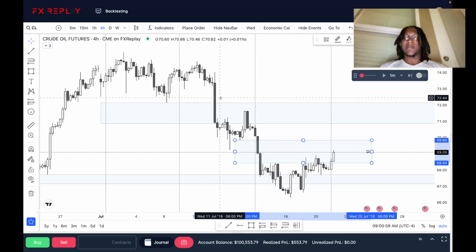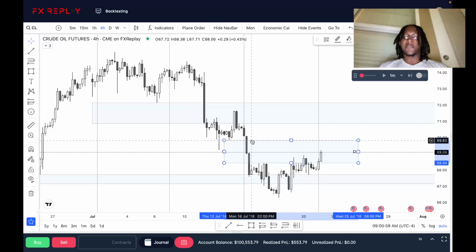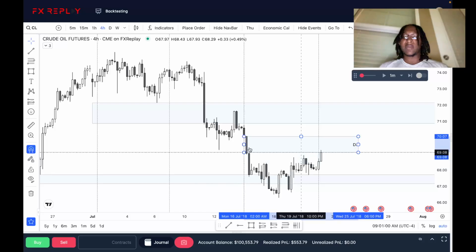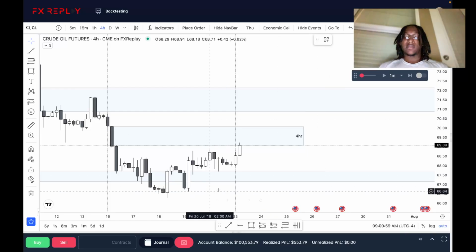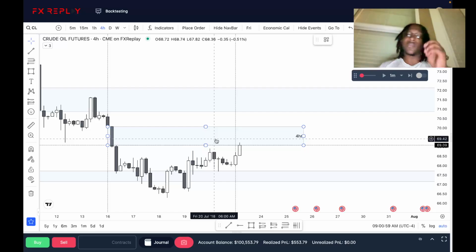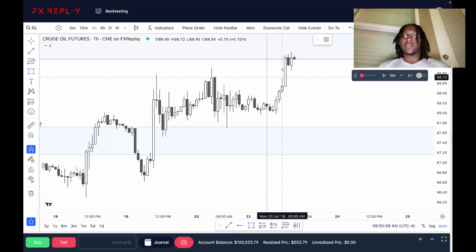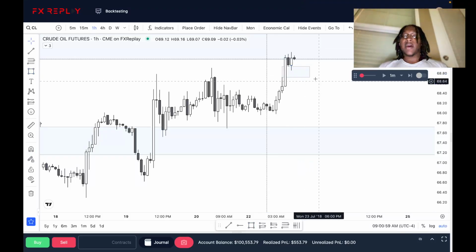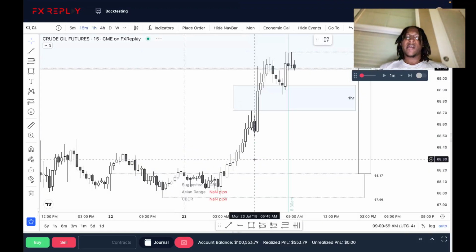On a 4 hour, I'm not seeing much speed to the buy side, at least to get above these high low inefficiencies. So I'll go from that daily fair value gap to this 4 hour gap refinement. Now that we're above buy side liquidity here, tapping into a fair value gap on the 4 hour. On the 1 hour, I can wait to see a change in the delivery. Ideally, if we are bearish, we fully fill this and trade through it. So on the 15 minute, we'll have to see what happens.